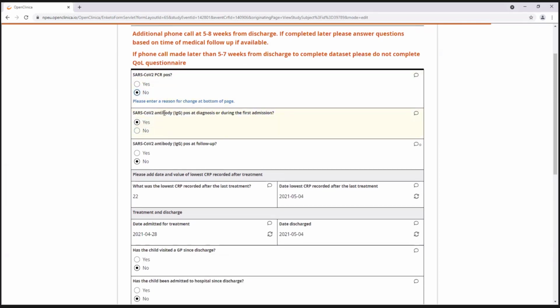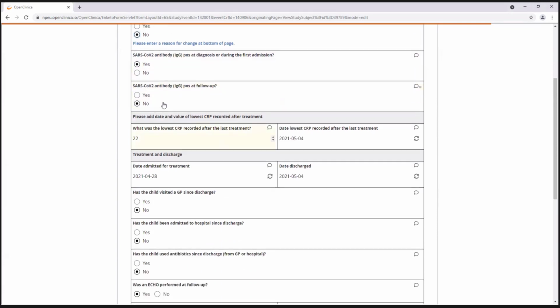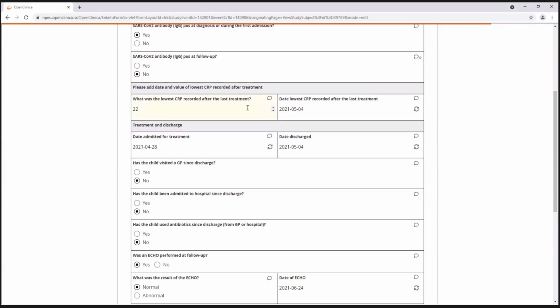and then it asks about the antibodies, whether they were positive or negative during the first admission, and then it asks again about the follow-up, and then this part here, the CRP. So it might seem like a slightly misleading question, but essentially the question is asking about the CRP value during the first admission. So even if your patient had bloods done at the follow-up appointment, which you would expect to be the lowest value at the follow-up,